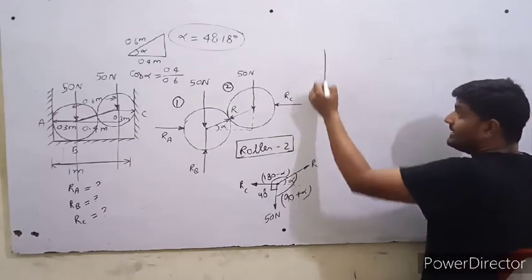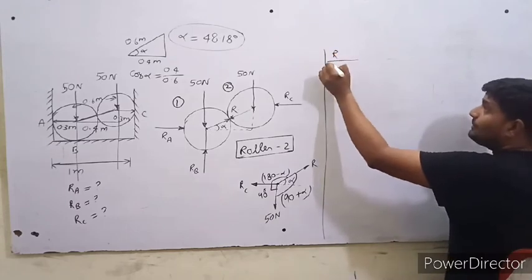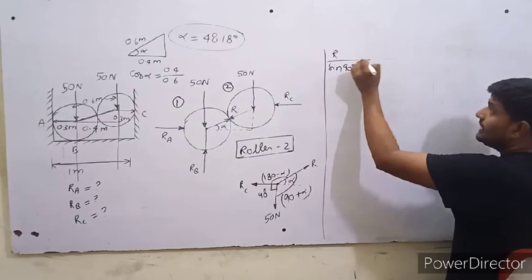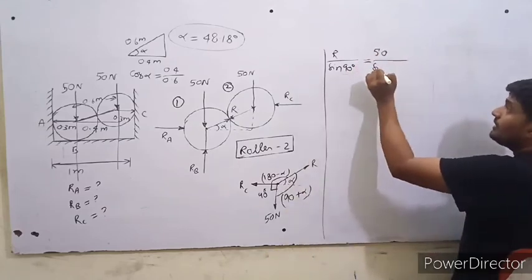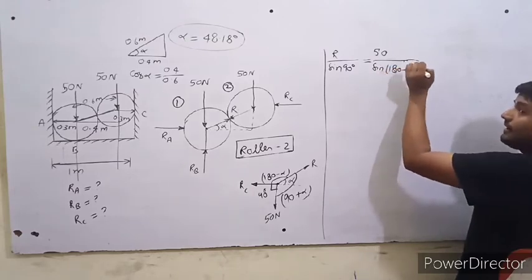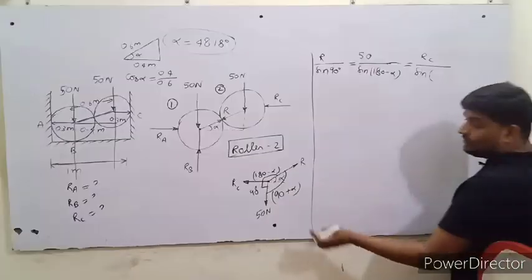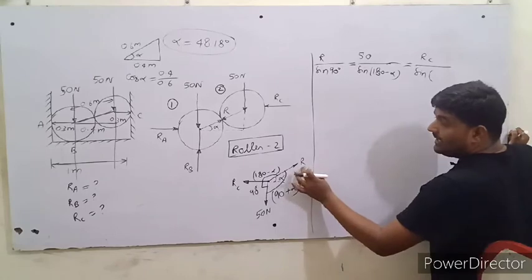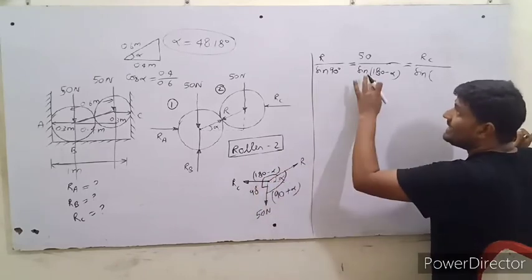What did Lami's theorem say? Lami's theorem said that R upon sin 90 equal to 50 upon sin 180 minus alpha equal to,